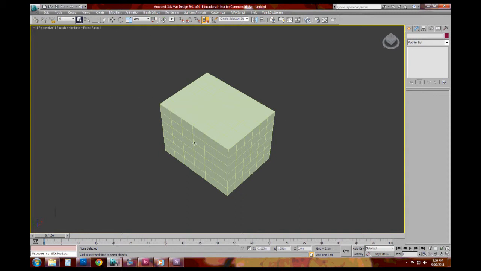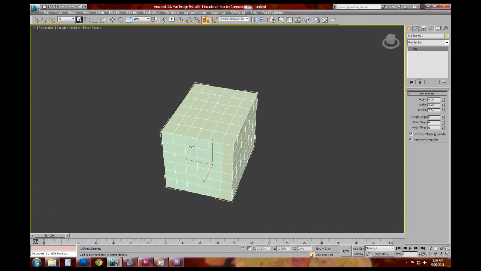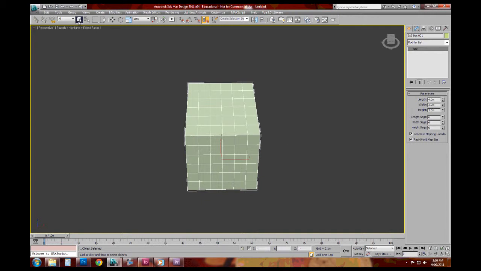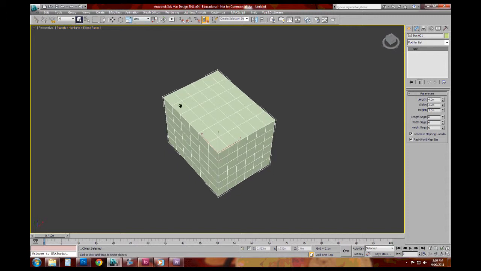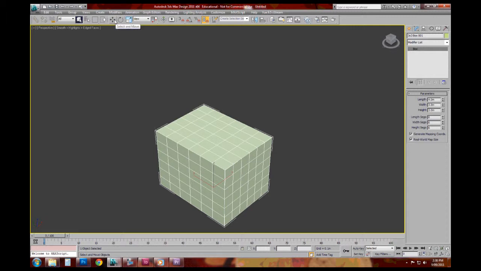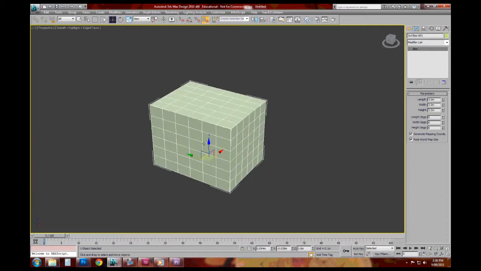Now if I wanted to move this bit of geometry around the environment, if I've just got select, I can't actually move this thing. But there are three little icons up here which are very important. We've got one called select and move, another called select and rotate, and another called select and scale. So if we wanted to actually move this object around, I can highlight the move tool, and this little